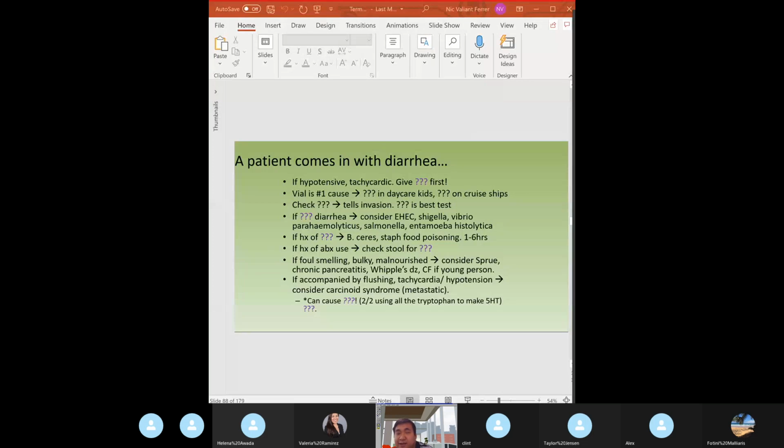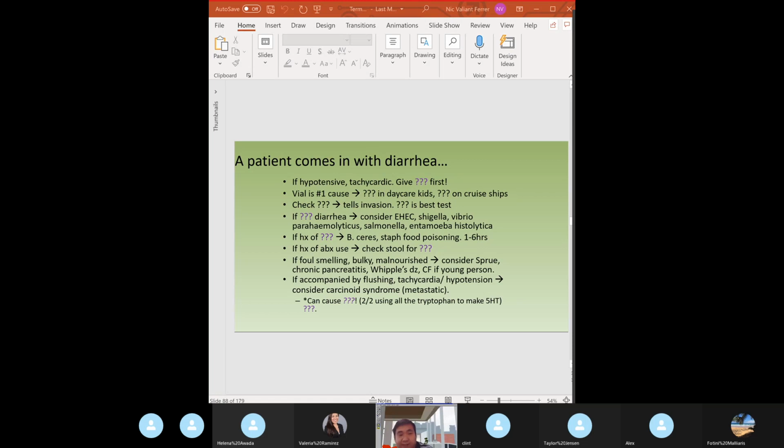If you have a bloody diarrhea, think about EHEC, Shigella, Vibrio parahaemolyticus, Salmonella. If there's a history of picnic, think about staph food poisoning, B. cereus. If there's a history of antibiotic use, check for C. diff antigen. If the patient in the hospital has been there for too long, history of antibiotic use, check stool for C. diff antigen. If there is a foul-smelling, bulky, malnourished-looking patient, think about Whipple's disease, think about CF in a young person, think sprue,